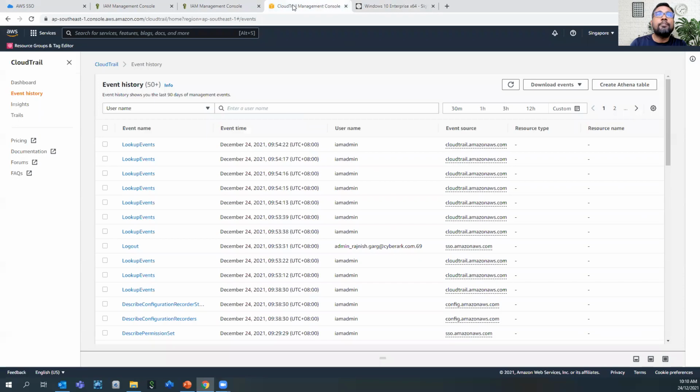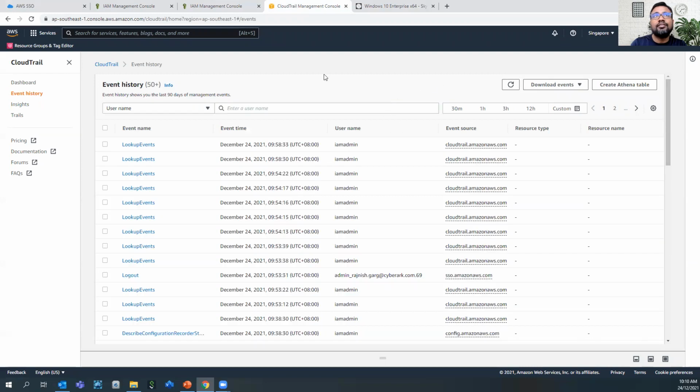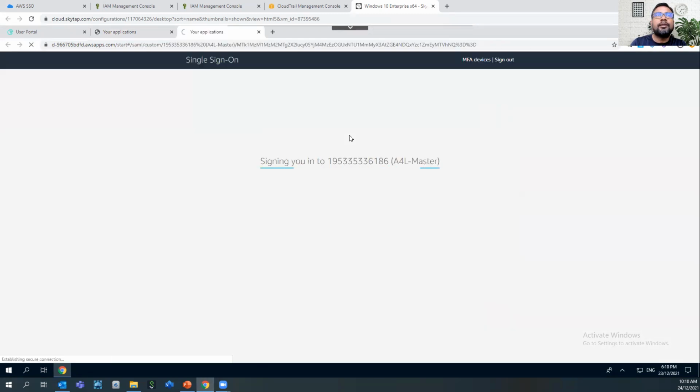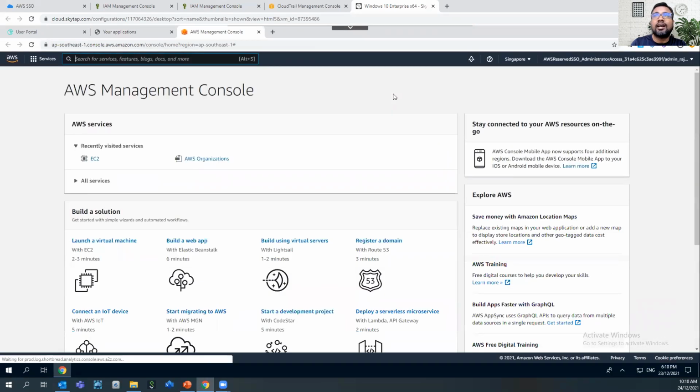I'll go to the CloudTrail management console. It takes a couple of seconds to see all the events. In the meanwhile, I'll go to my user, and as a user I'll try to access my master account. I'll simply click on the management console, and you will see we are redirected to the management console access.